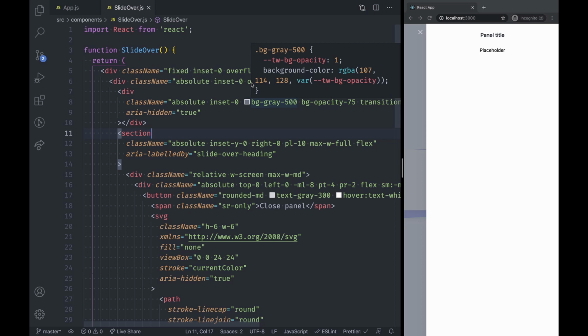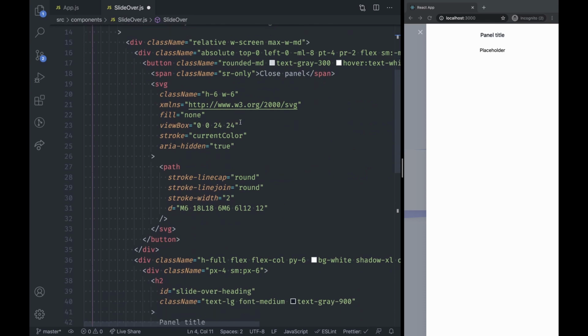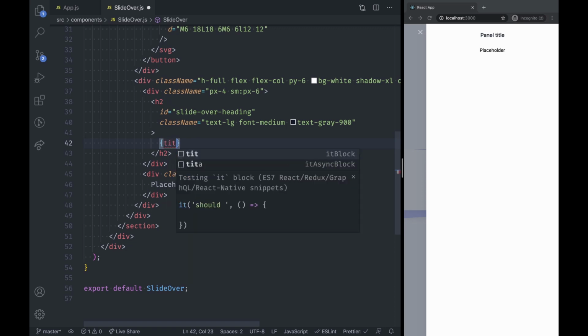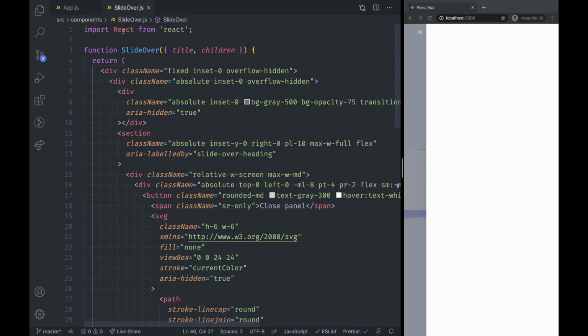Now, right away, I'm gonna know that this is something that I'll want to pass to my component. So let's go ahead and just include it here. So we're gonna need a title, and then I'm thinking we'll just do our placeholder as children, so I can just reuse whatever's passed to this component. So title, and then I'm gonna put children here. Right. Okay, and now